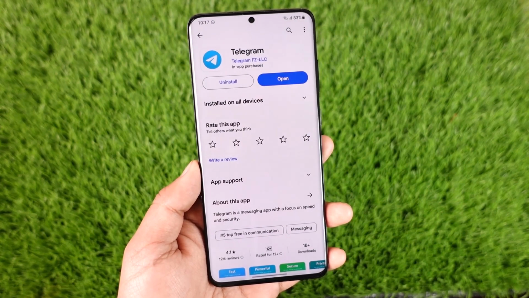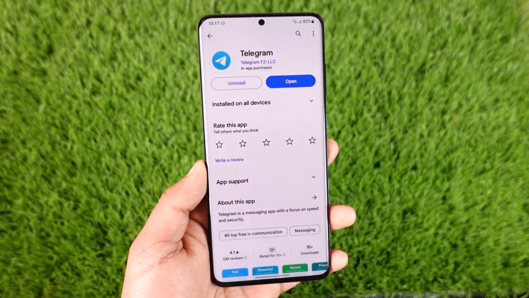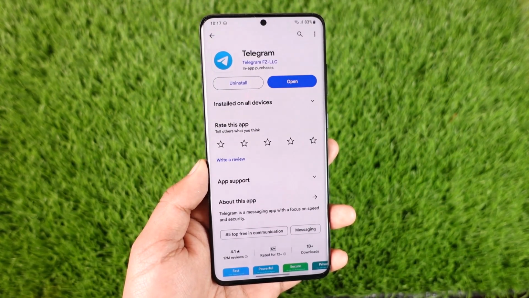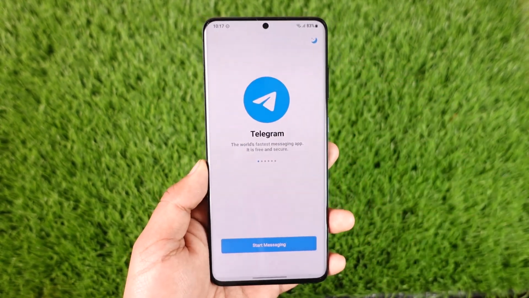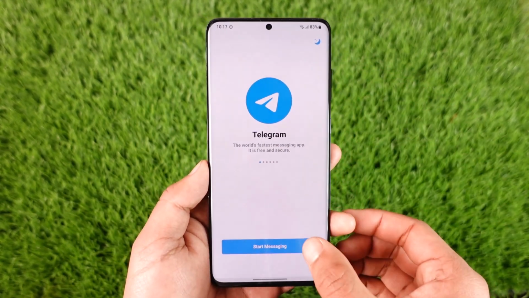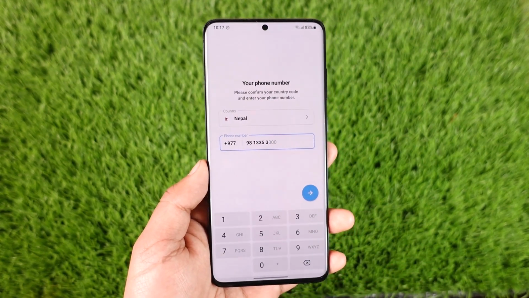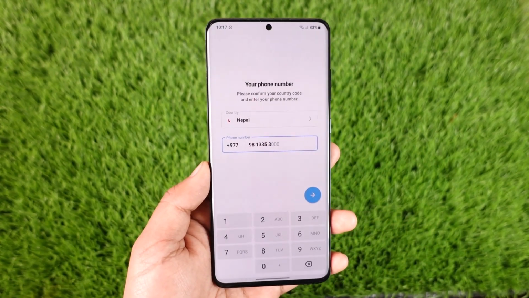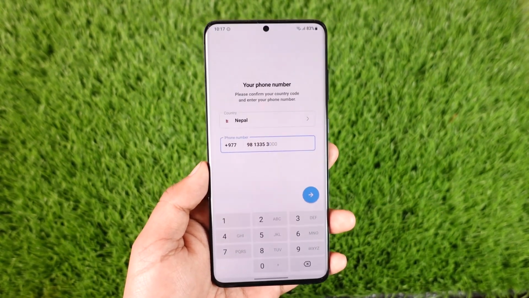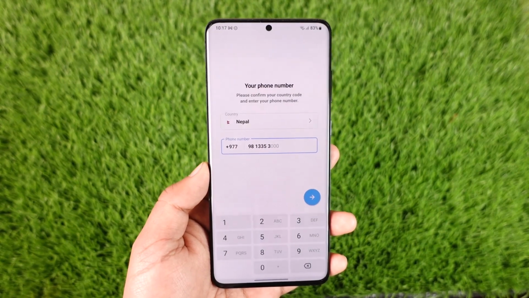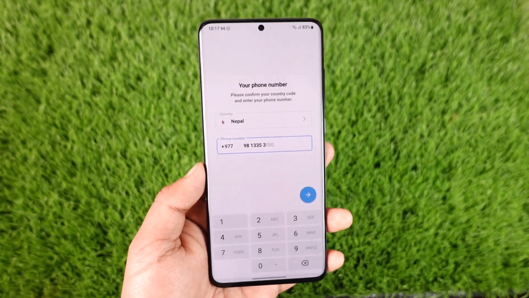So if you would like to get the Telegram account without a phone number, it's actually very simple to do so, because all you have to do is first of all make sure to launch the Telegram application here. So when you launch the Telegram app and tap the start messaging option, you can see the very first thing it asks you to do is to simply enter your phone number and not your email address. So bottom line is Telegram will 100% require you to have a phone number. Even if you have an email address, that's not going to work, because Telegram is a number to number basis